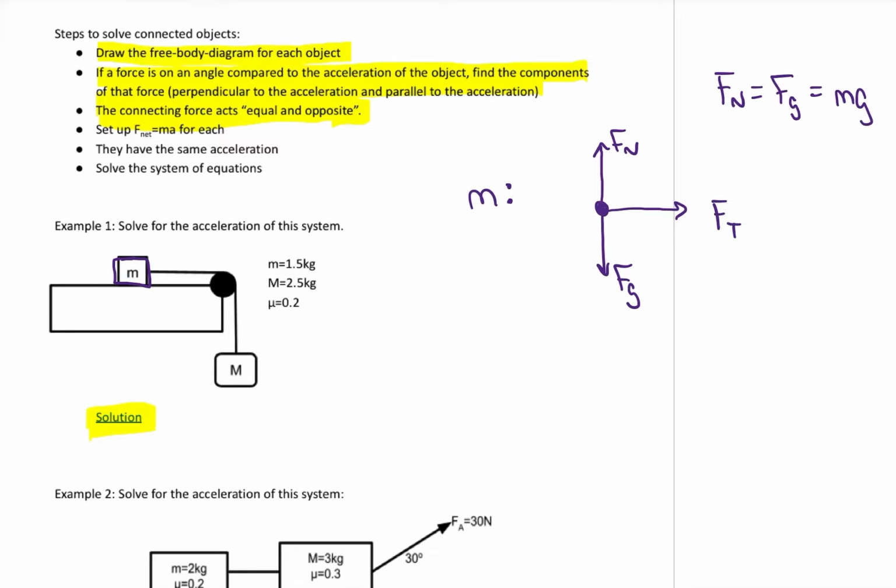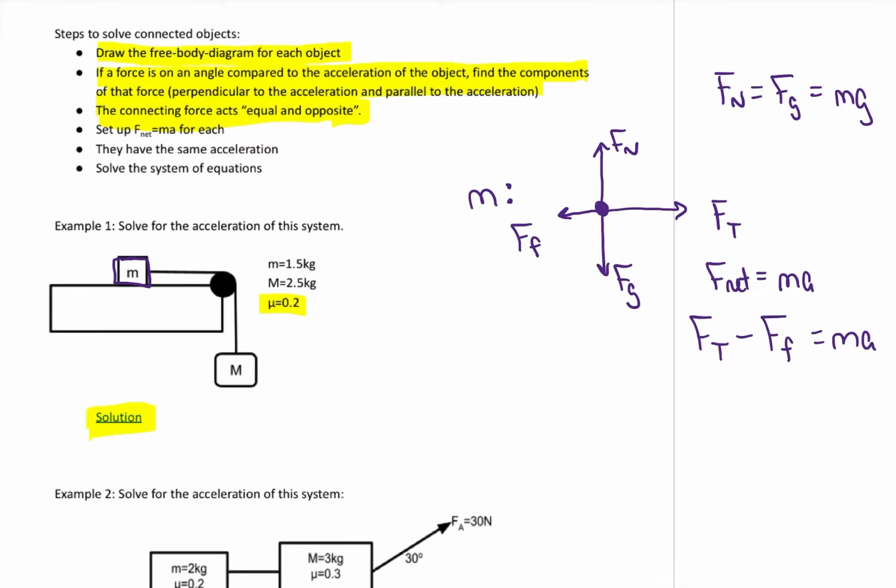And, oops, if there is any friction, there'd be friction backwards. Oop, there is friction. Sorry, didn't proofread my own question. There is friction, so classic tug of war like we saw in grade 11, we have a friction force pulling it backward. So when we set up F net equals ma, in the horizontal I got a tug of war. The forward force is going to win, it's bigger, so I'm going to say Ft is a positive minus Ff equals ma. That's what I get